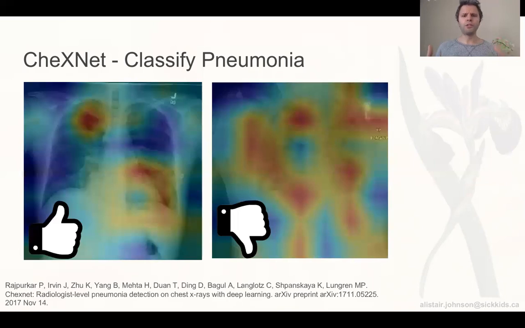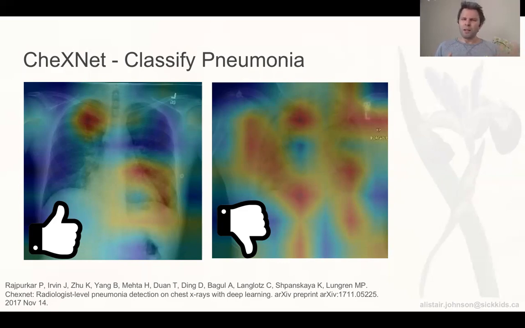However, when you looked at some of the saliency maps, so if we look at where the algorithm is driving a lot of the predictions for pneumonia, in some cases it was very good. So if you look at the image with the thumbs up, this was identifying opacities in the lung, which are associated with pneumonia. And there were multifocal opacities, in multiple places. So it was great. It was identifying regions that a radiologist would identify to come up with the diagnosis of